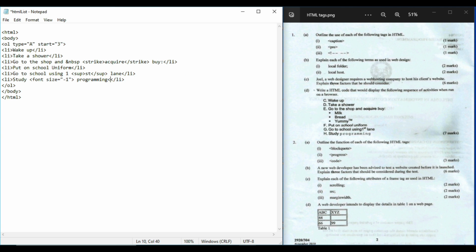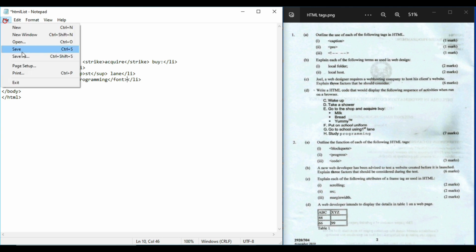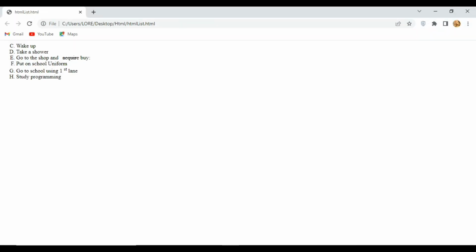Then we close the font tag. So let's save that. Go back, refresh, and there you have it. The font size of the word programming is much smaller. I don't know if it's lighter, you guys tell me. I just feel like it's the same color. If you guys have any suggestions for this, you can leave it in the comments down below.